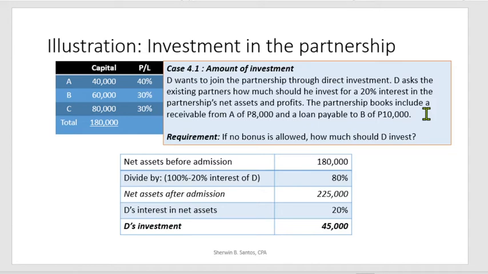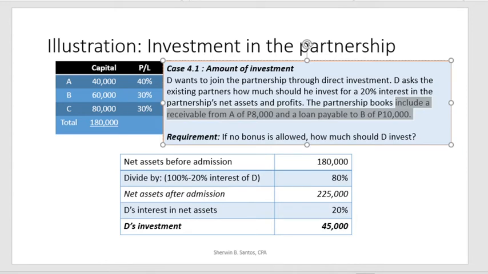So, you don't have to restate the items kasi wala namang sinabi. In-indicate niya lang na yung mga items na ito, the partnership books include item of receivable and item of liability for the partner. So, walang changes on the fair value. So, you have to just ignore this statement. So, if you have incorporated it in your computation, mamamali ka na. So, may mga items na ganito na it will be included pero dapat alam mo kung paano gagawin. The rules on restatement of the fair value, alala mo. Dapat naalala mo while you are reading this.